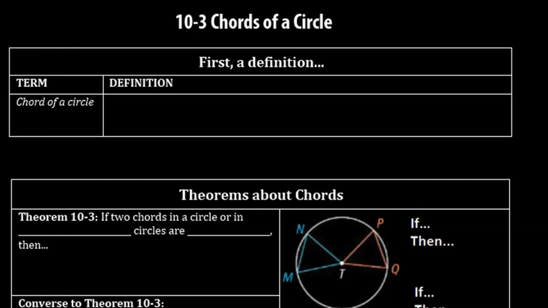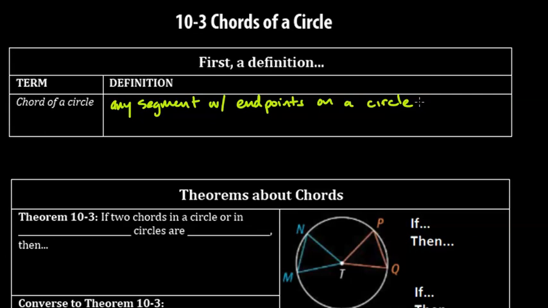So in this notes section, we're going to be taking a look at a number of different theorems about chords. So perhaps the first thing we should do is define what we mean when we say a chord of a circle. A chord of a circle is any segment with endpoints